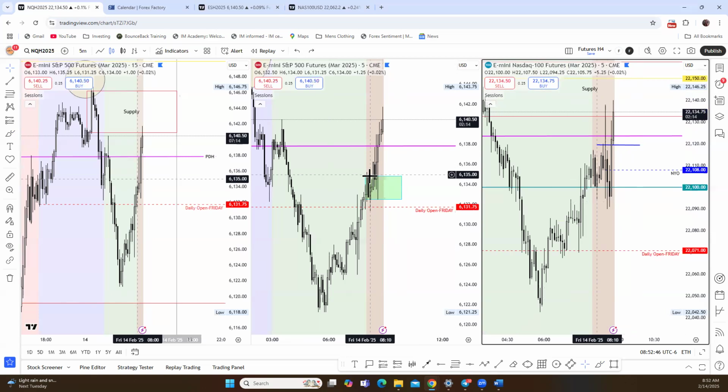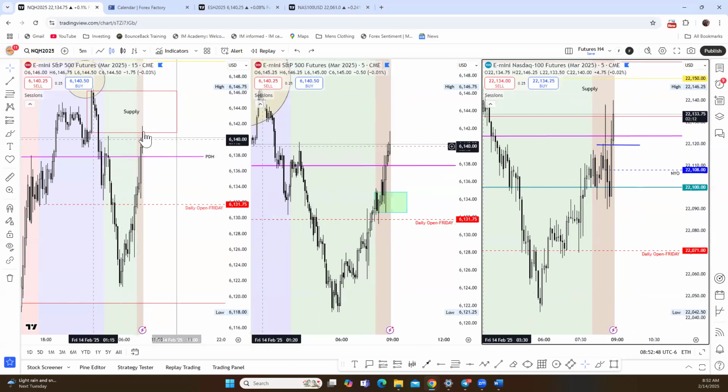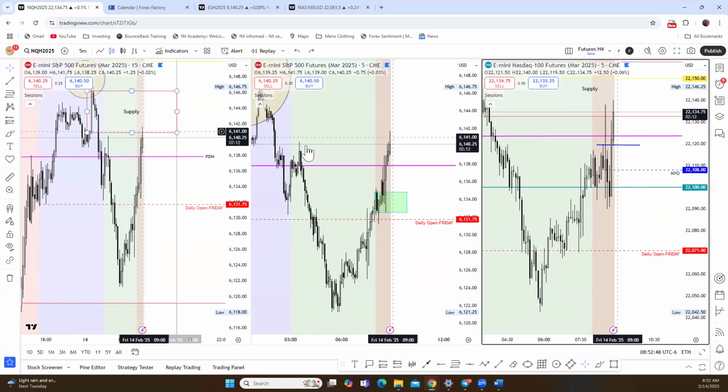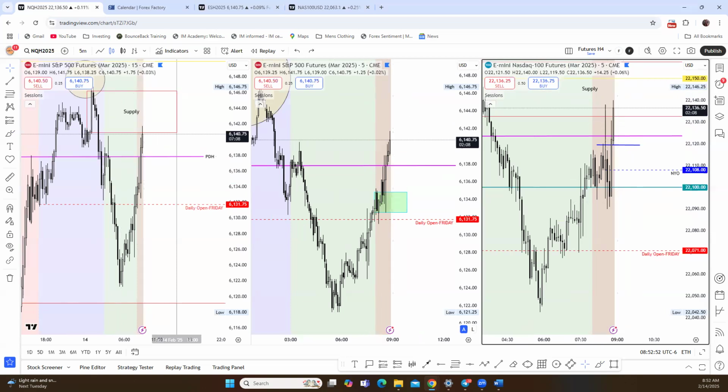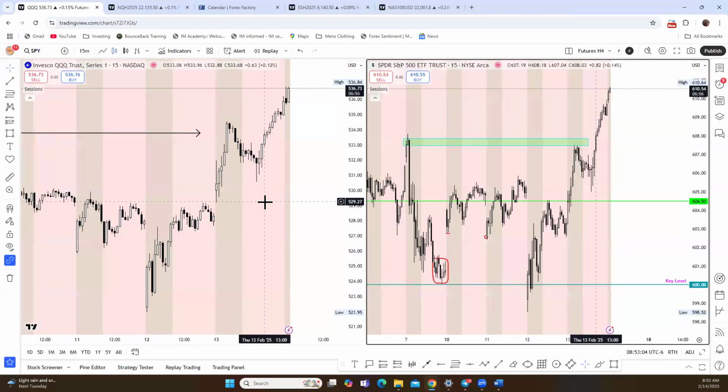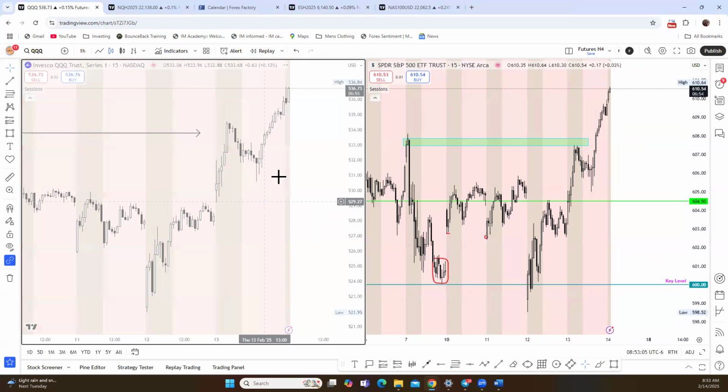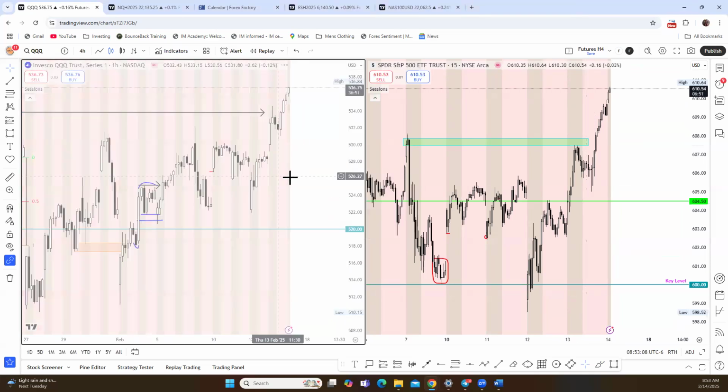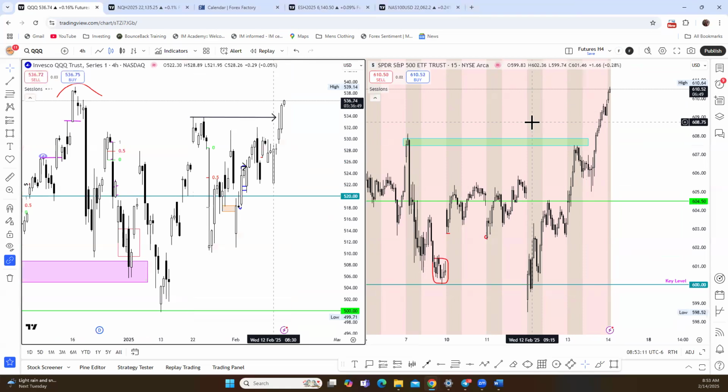Now we really want to watch how they play inside this supply on ES. The other thing I need to take a look at just really quickly is SPY and QQQ. Just want to show you guys that too. They're rallying, right? So there's really nothing stopping the markets from essentially going up right now. So you look at this 1 hour, 4 hour, right? We're inside the supply on the 4 hour.